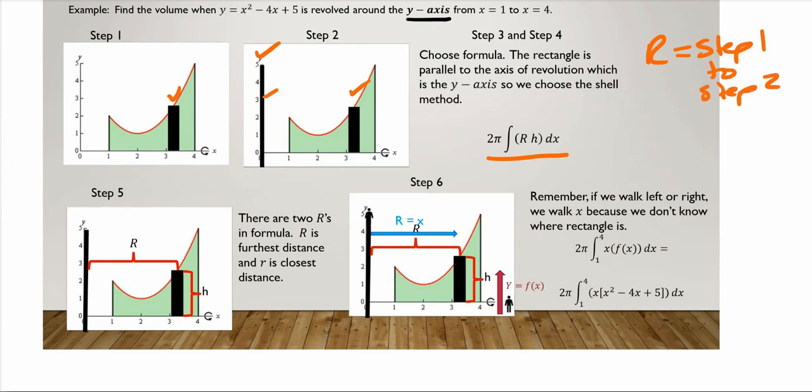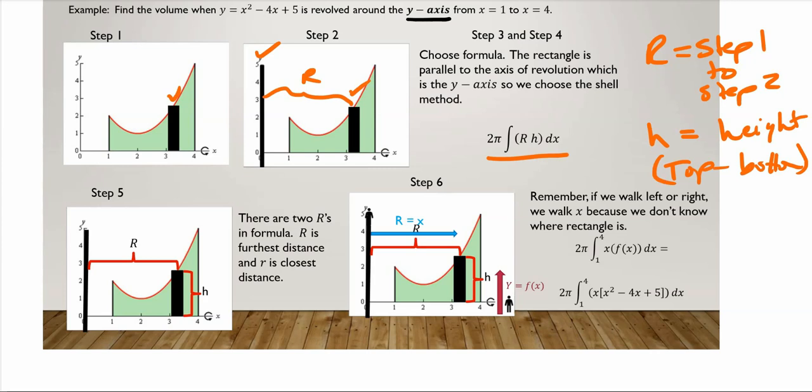So this right here is my R. And then what is my H? My H is the height, which I said was going to be top minus bottom. And in this case, there's only the function, one function. So it's just going to be the function. So my height is just the function. Now,